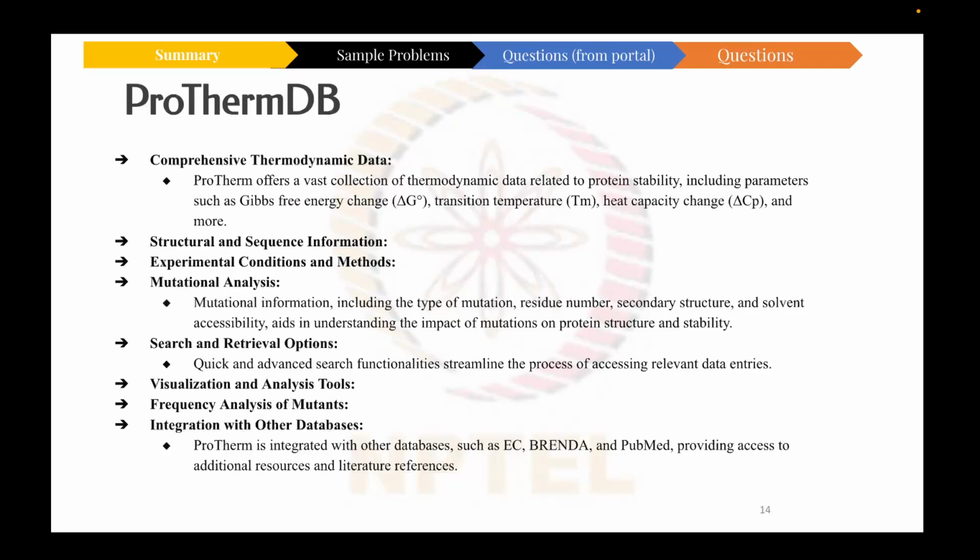So overall, ProThermDB serves as a valuable resource for studying protein stability, mutants and their thermodynamic properties. By providing access to extensive data and analysis tools, ProThermDB facilitates research in protein biochemistry, structural biology and biophysics, contributing to advancements in our understanding of protein functions and